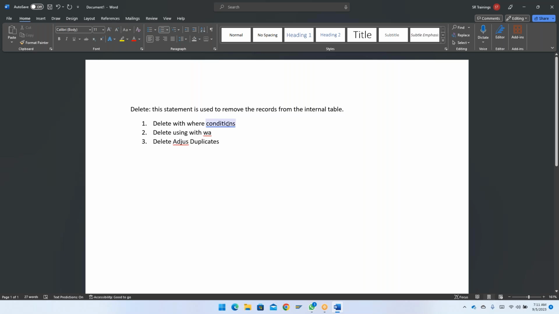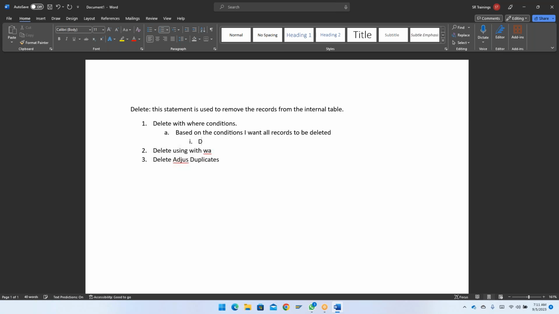Now the first thing is delete with where conditions. In this, I want to remove the records based on the conditions which we provide. I want all the records that satisfy the condition to get deleted. Then we will be using this delete with where condition. So the syntax is delete internal table where